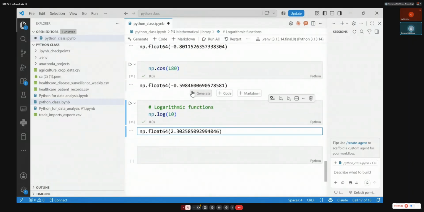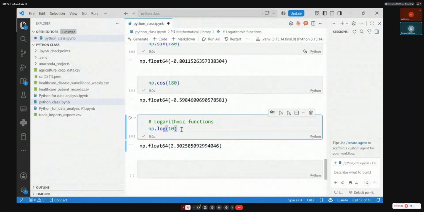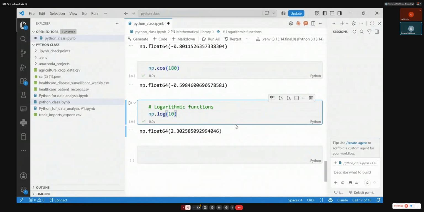So let's say we have one other application. There are so many, as you have seen, but we have the mathematical operations. Let's say you need to calculate the mean of the values. Do we know how to calculate the mean or average? If I give you 5 numbers and I ask you the average or mean, how will you do that? Sum and divide their numbers. That's very simple. So here also we have that function that you can use to compute the mean. If I want the mean, you can simply do so, and then you give it the values.